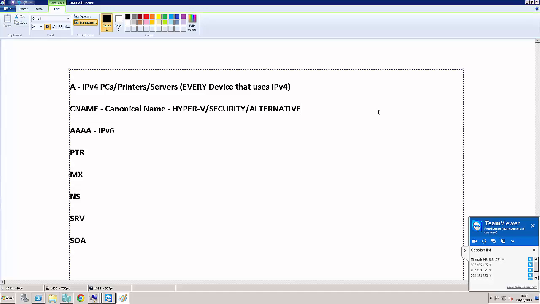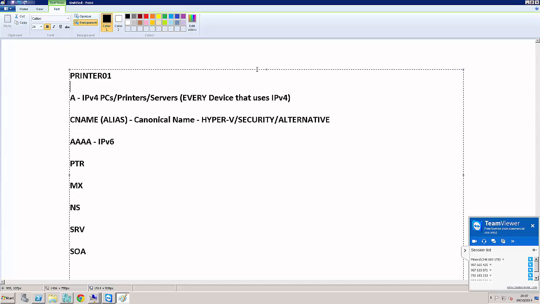Very, very good one, Ali. So CNAME, another name that people call CNAME records, is alias. Alias, yeah. So in other words, you have a device here. You have your printer. Let's say your printer's name is printer 01. So you as an administrator have called it printer 01. But then all of a sudden you're like, it'll probably be confusing for people in finance to know their printer is printer 01, and the sales printer is printer 02. So you want something like finance printer,